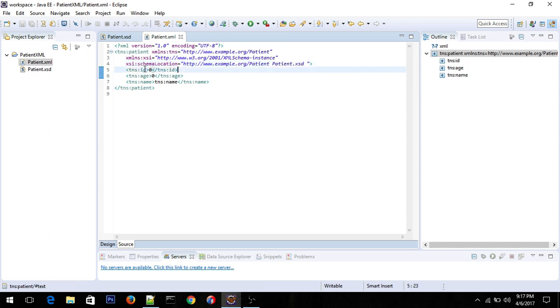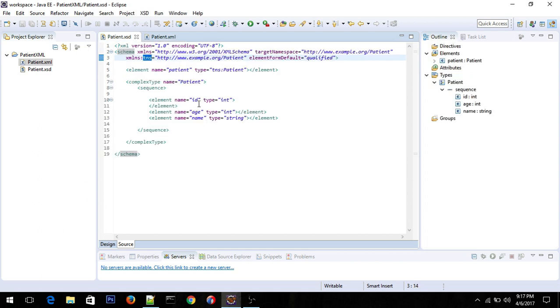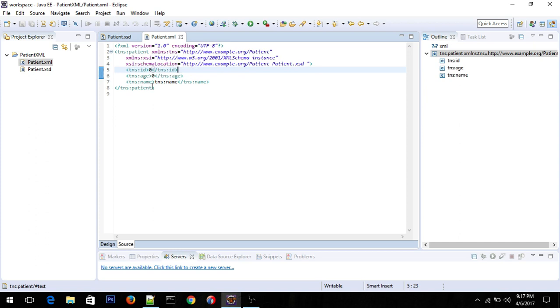And the tags over here, ID, age, name, if you see, those are what we defined as elements under complex type. But the main element is going to be the patient element. So this is TNS patient. Under patient, I have created a complex type with the ID, age, and name. So in Eclipse, you just simply try to type something here, patient ID and patient age and the patient name,